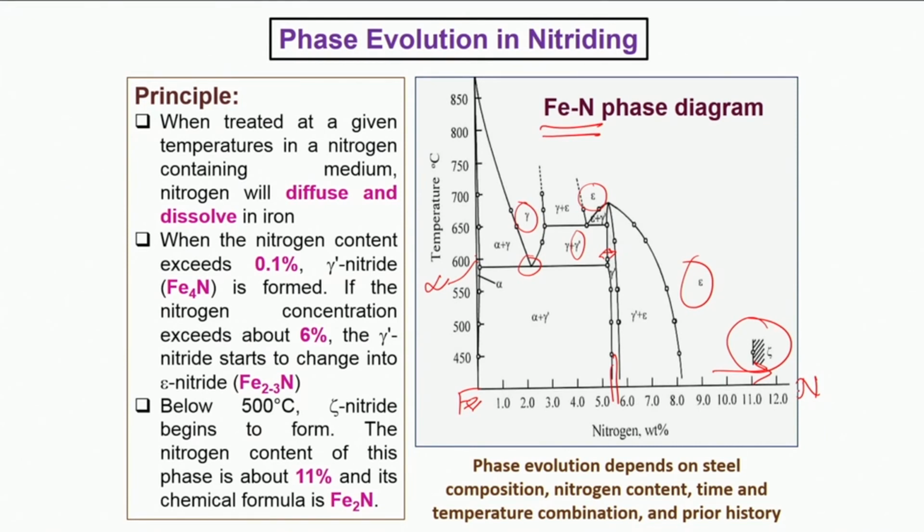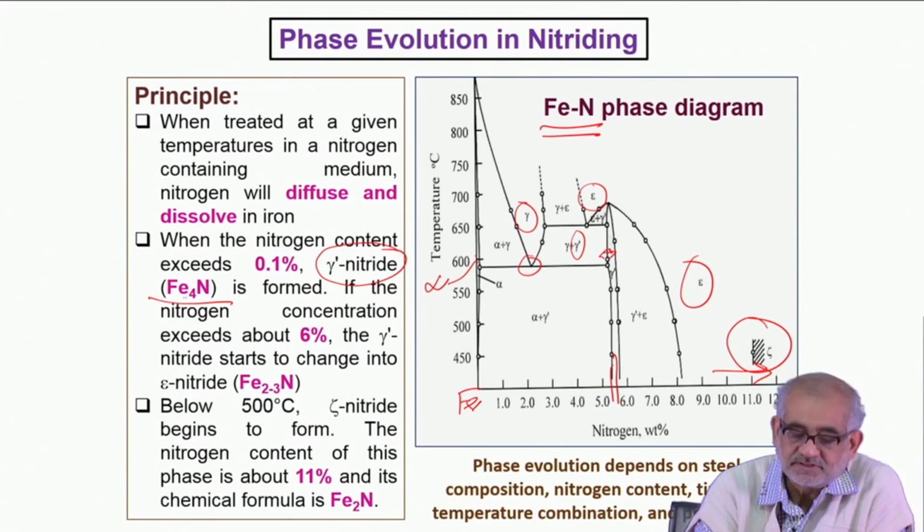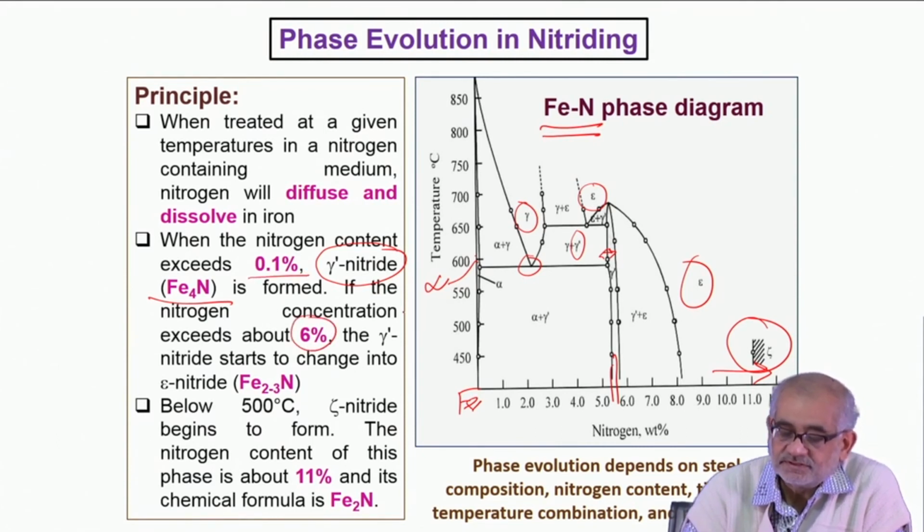So as we go to higher and higher nitrogen containing regions, these nitrides also get richer and richer in nitrogen. So the first interstitial compound that we can think of is this gamma prime, which is typically expressed in terms of Fe4N stoichiometry. And any time we cross nitrogen content more than 0.1% up to about 6%, we continue to form this gamma prime phase. And beyond 6%, we enter another regime where we form epsilon nitrides,